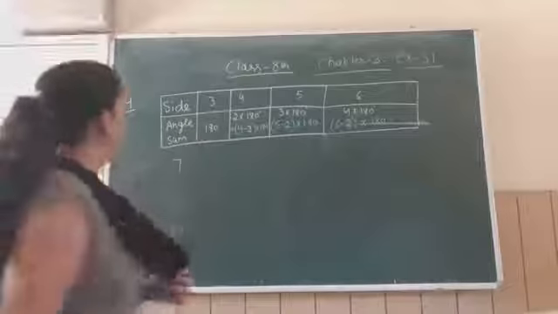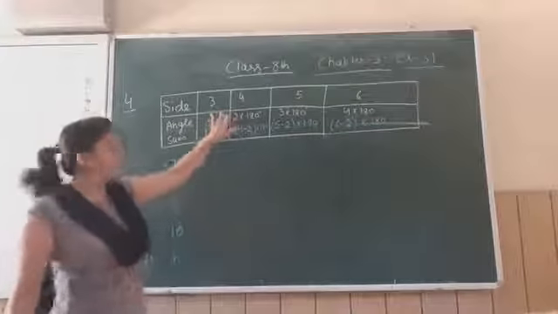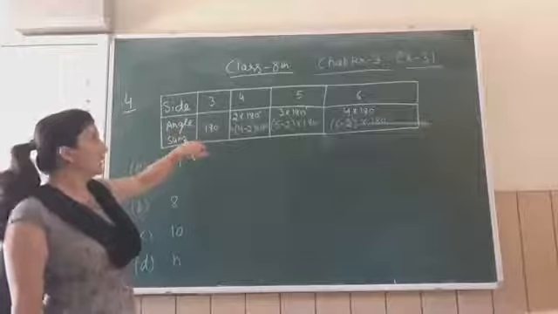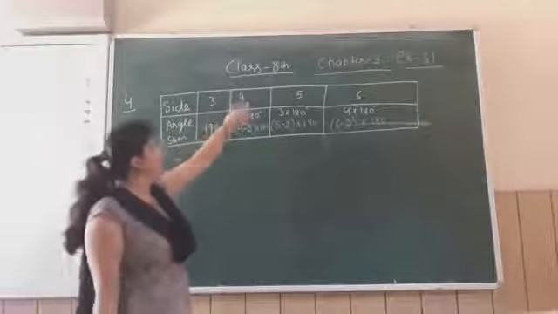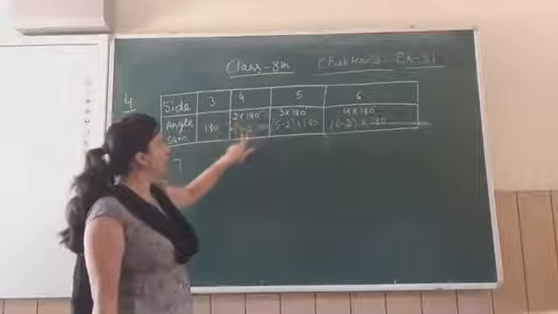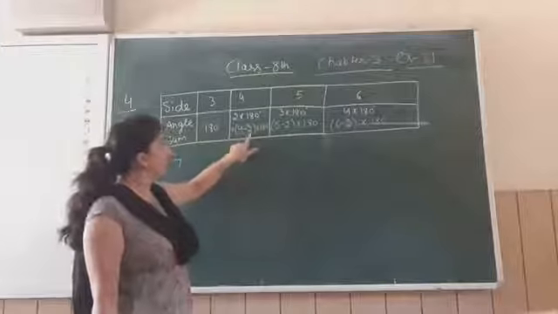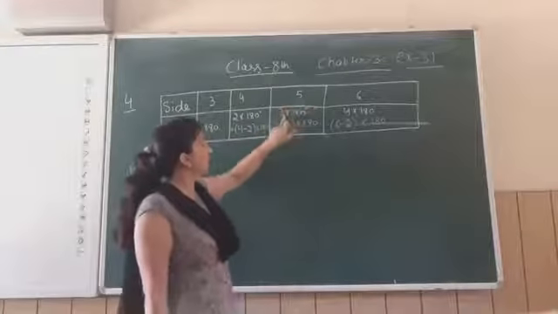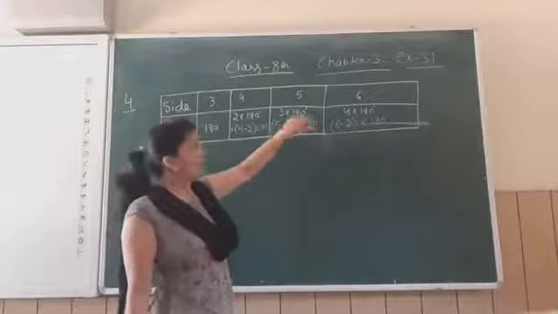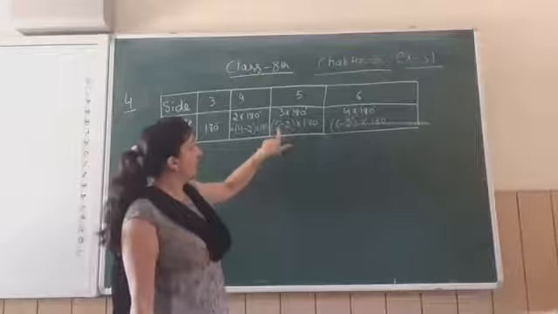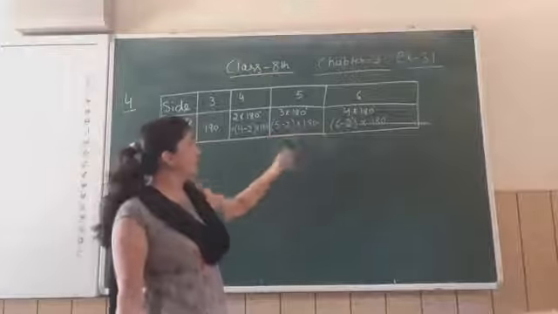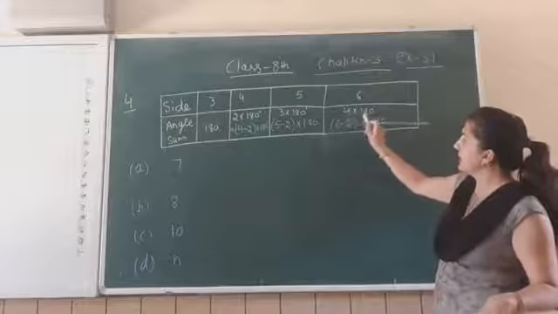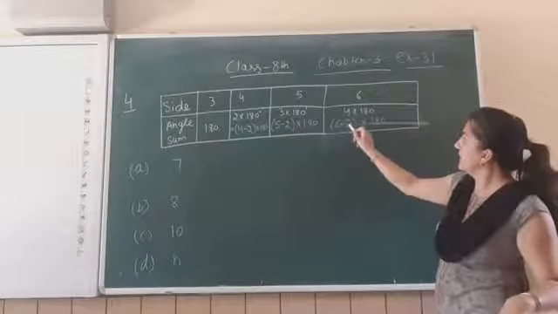I have written this. Like you can see, there is a table I have drawn, with sides and angle sum. If the sides are 3, then the angle sum is 180. If the sides are 4, the angle sum is 2 multiply 180. So we can write it as 4 minus 2 multiply 180. This is given in your question. If the number of sides is 5, then the sum is 3 multiply 180, we can write 5 minus 2 multiply 180. Next comes 6. If the number of sides is 6, then the angle sum is 4 multiply 180. We can write 4 as 6 minus 2 multiply 180.